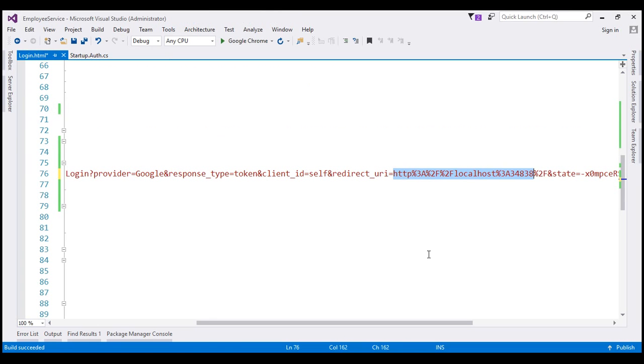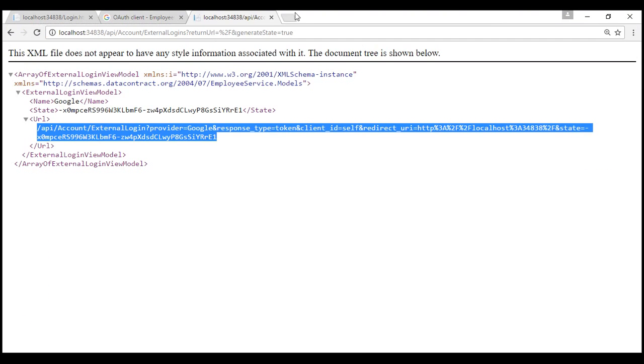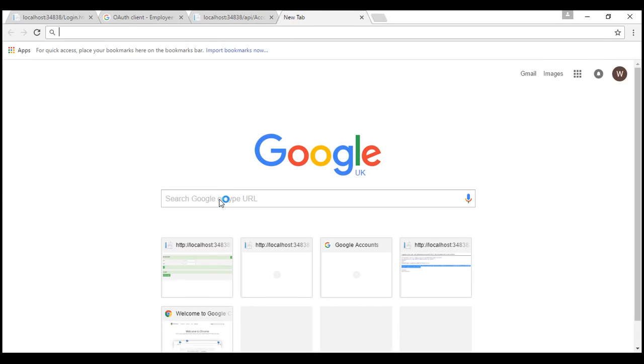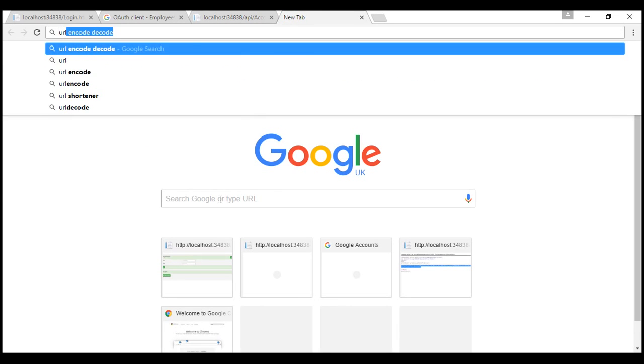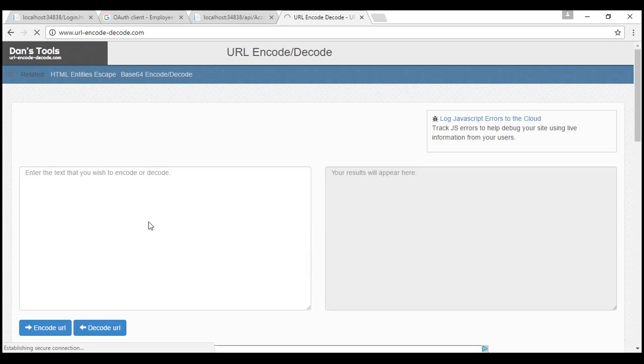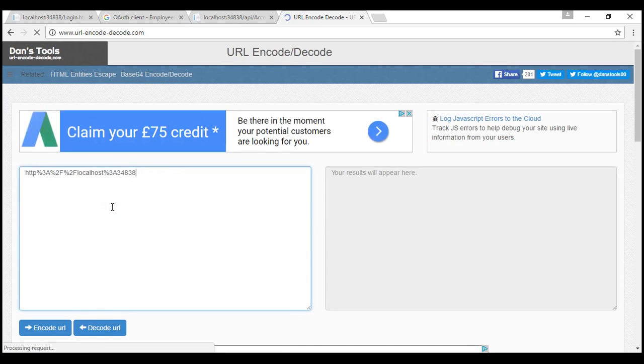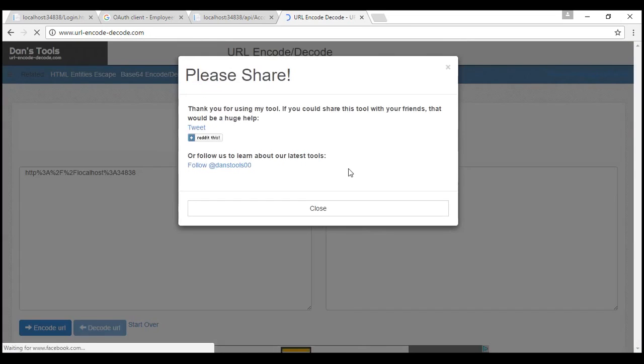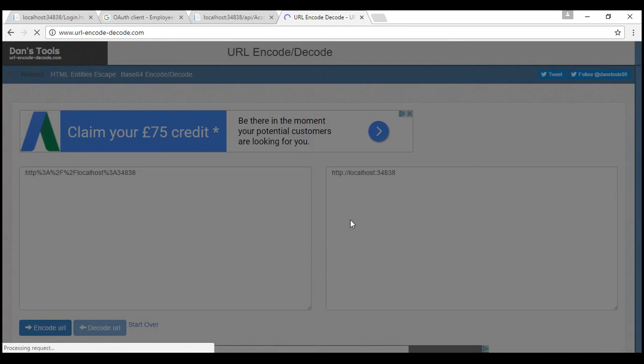So I'm going to copy the redirect URI, which is URL encoded, and I'm going to decode that. Now to decode the URL, simply type in Google URL encode decode, and we have a website here, URL-encode-decode. So let's paste the encoded URL right here and let's decode that. So this is our redirection URI,